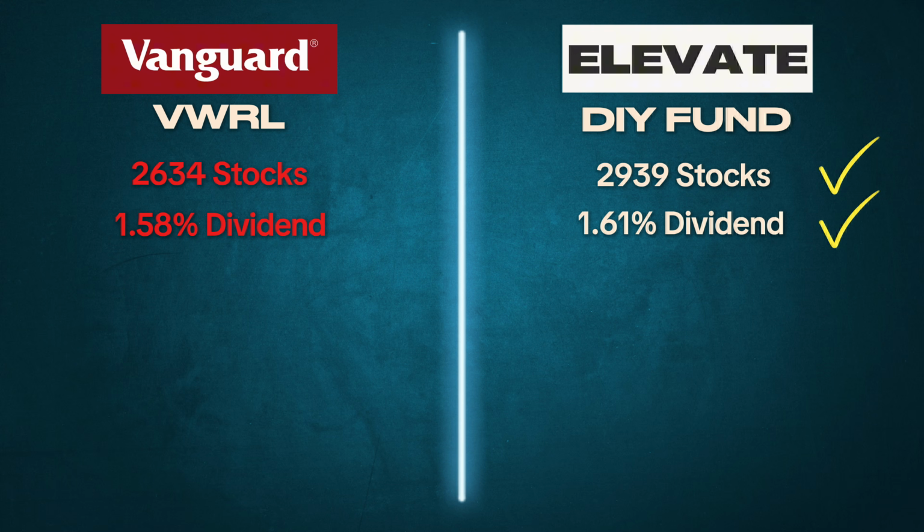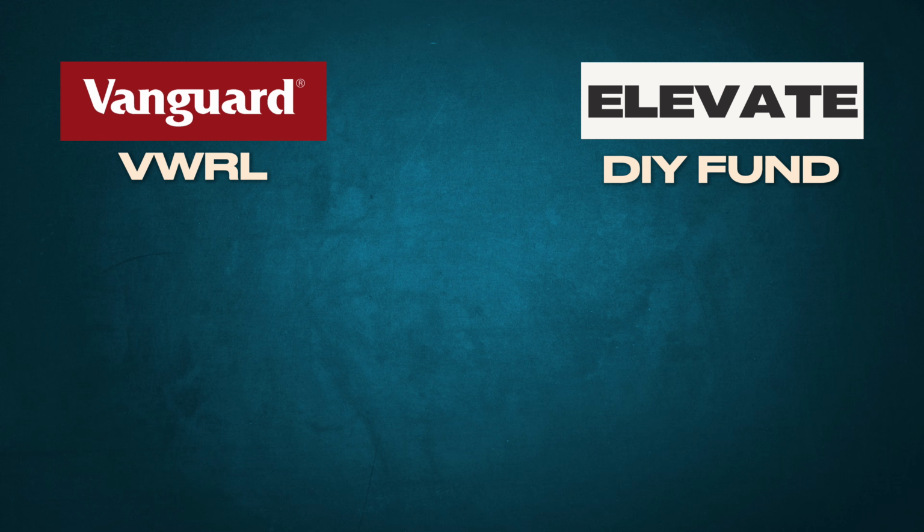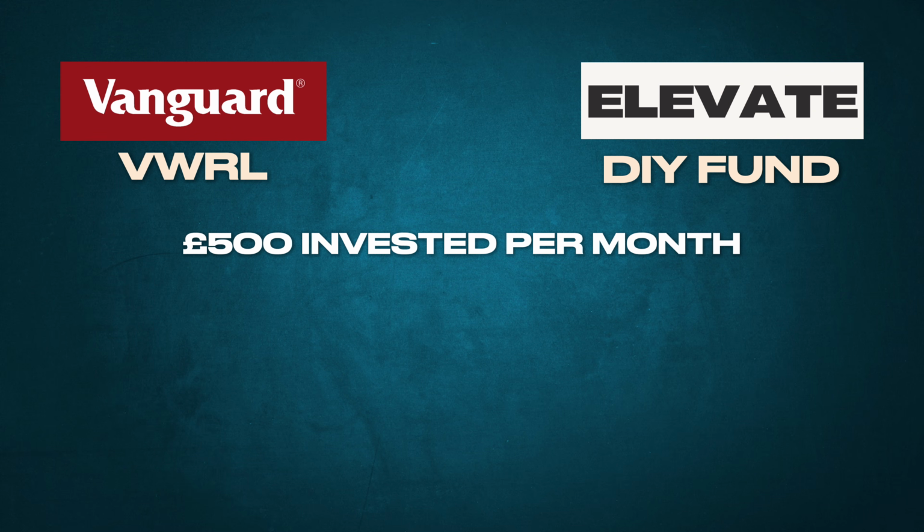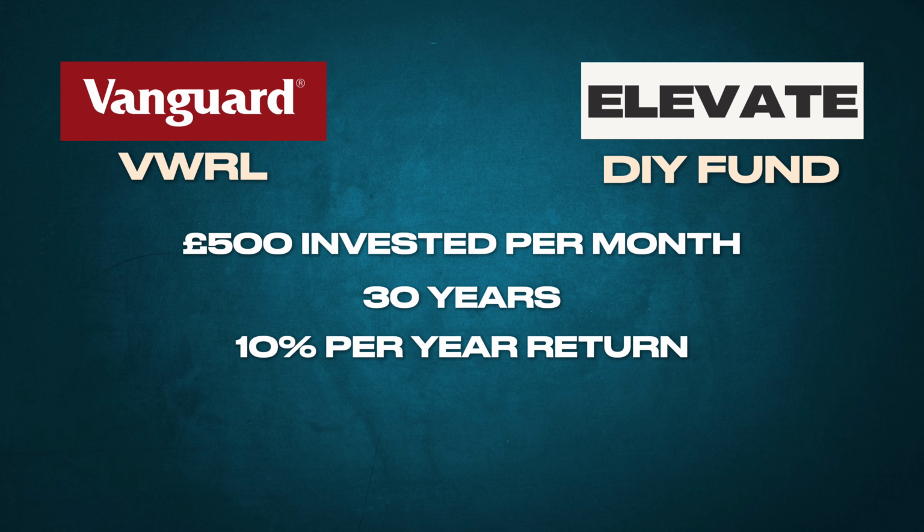DIY fund. Now, one of the main reasons for doing this exercise was of course the fees. The fees of VWRL, to recap, are 0.22%. However, the combined fees of my DIY fund are 0.06%, which is a huge difference. To put that into perspective, if you'd invested £500 per month into both of these funds for 30 years, assuming a 10% average annual return, by the end of the 30 years, your investment in VWRL would have built up